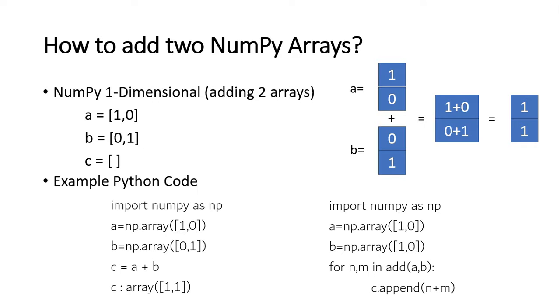If you go for the example code, then import the statement as usual, create the two arrays, then simply write the statement C equals A plus B. Then the output for C you will get is an array with the elements 1, 1. Otherwise, you can go for the alternative code also, that is create the arrays and use a for loop, and each and every time you go on appending the values to C. But when compared with the second one, the first code is going to be executed very fast when compared with this particular code.